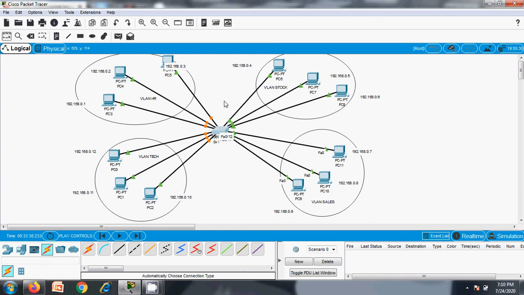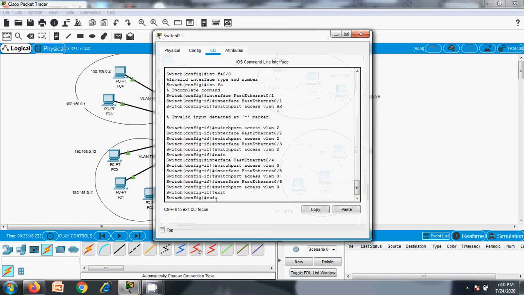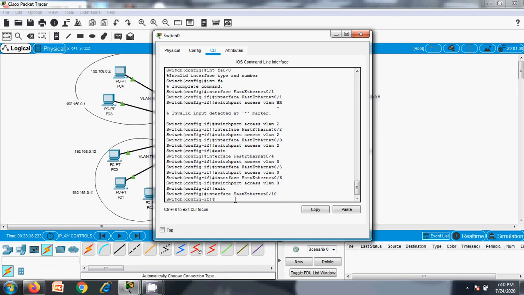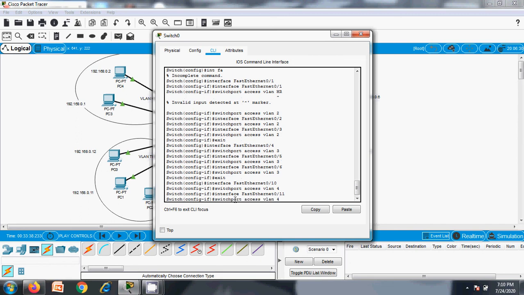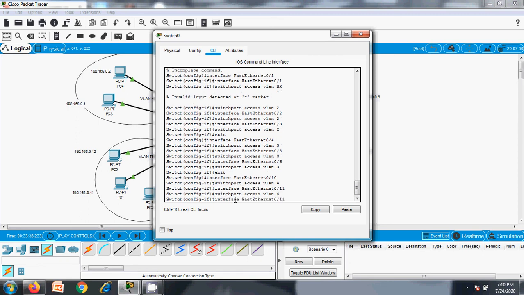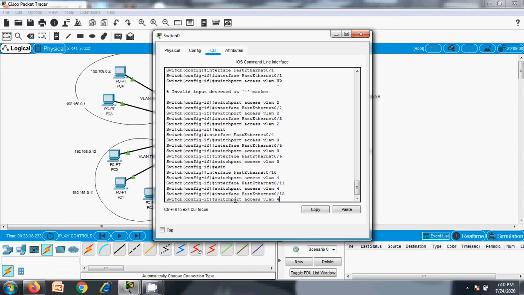Now choose interface 10. Okay, it enters into that. So switchport VLAN number 4, and interface 11, switchport VLAN number 4, and interface 12 and VLAN number 4.